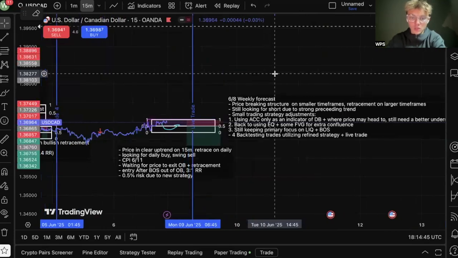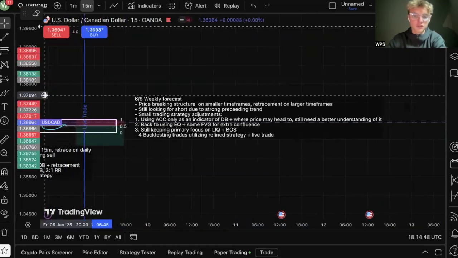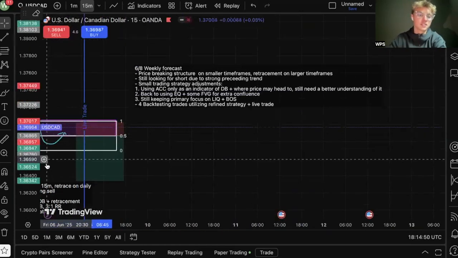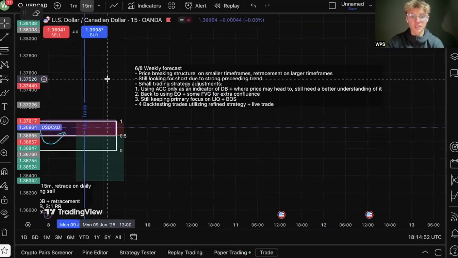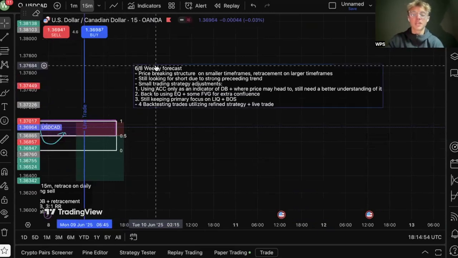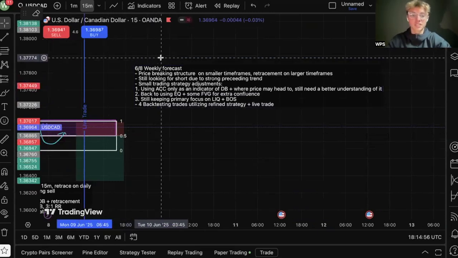So I'm still looking for shorts, even though this has broken structure to the upside. I'm making some small strategy adjustments ever since I lost the trade a few days ago on the 3rd. First of all, I'm going to stop using accumulation as a core confluence, and I'm only using it as